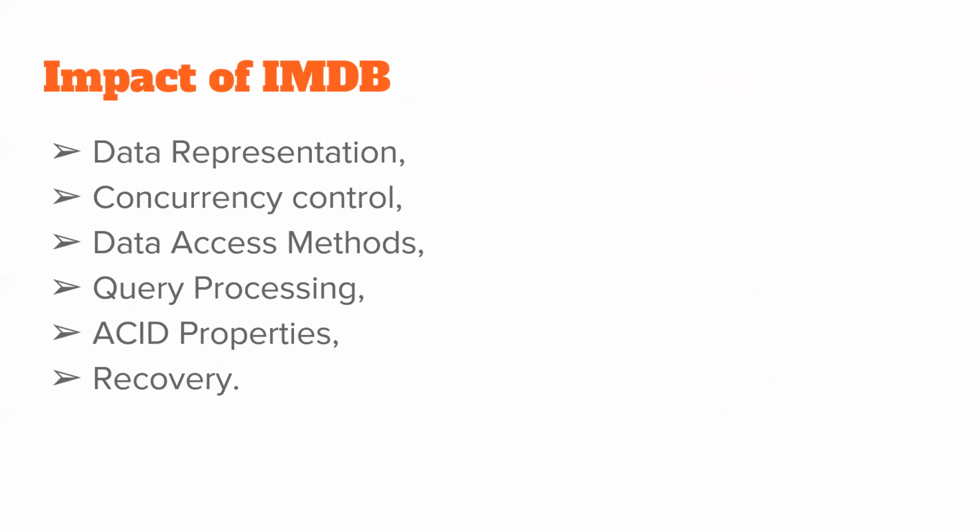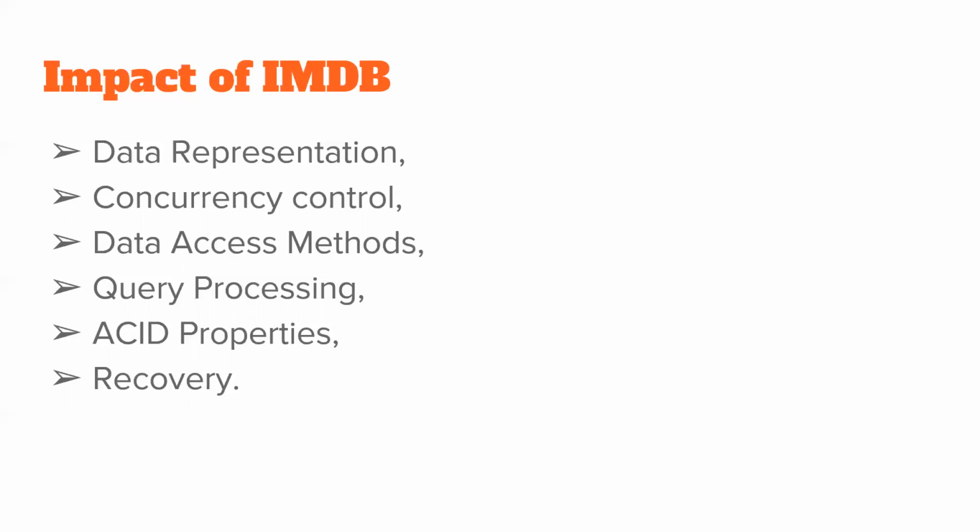The impact of the IMDb management system is on data representation. In the disk resident DB, we use flat files and sequential access, whereas in IMDb, relational tuples with direct pointers are used, so it is space efficient, shared between columns and relations. Concurrency control is log based. In IMDb, due to fast processing, it uses cursor locks, locking granules like relations or the entire database, and there is no need for hash table lookups.